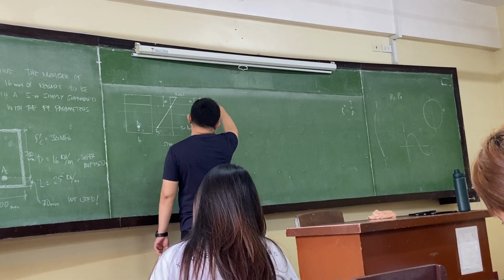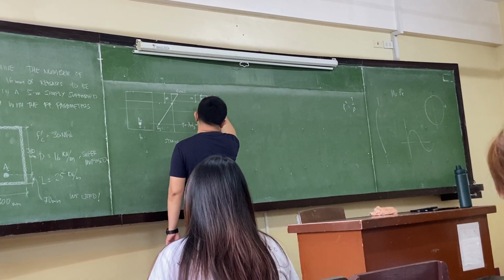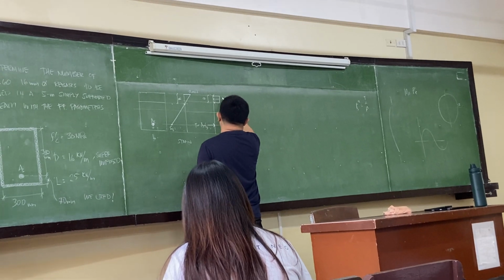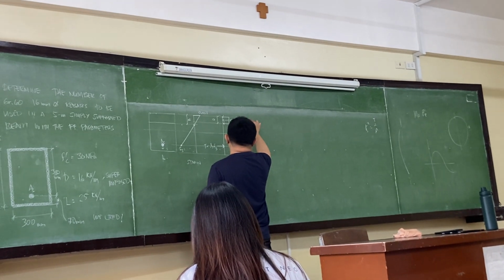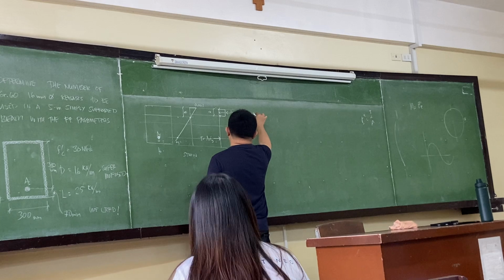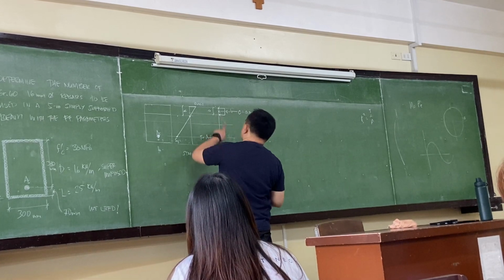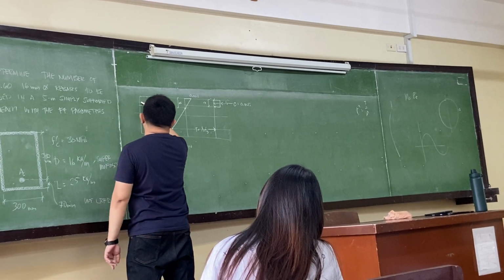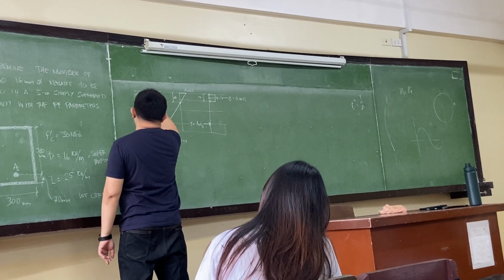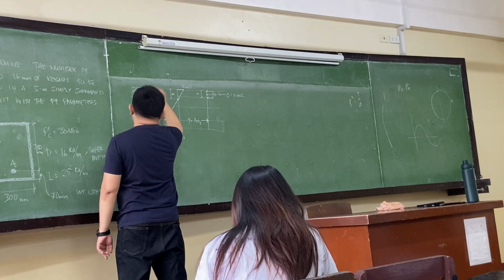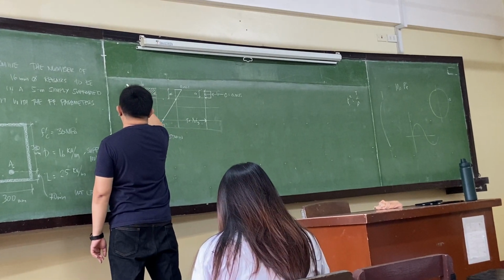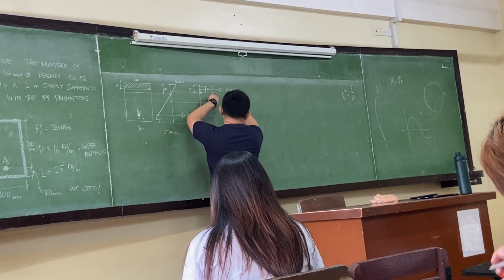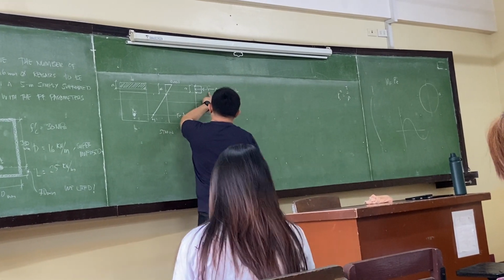And then if you're going to compute for the resultant of this, this is your big C, no? So this is 0.85 f'c of the compression block. So the compression block, this is your a, no? a times your b. So this one here, the resultant of this is actually 0.85 f'c times a times b.